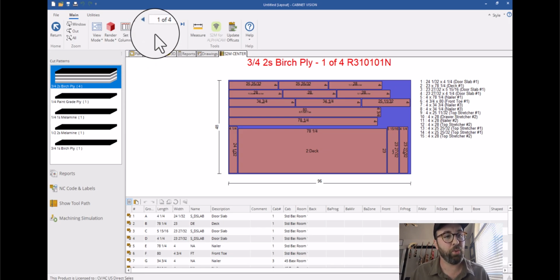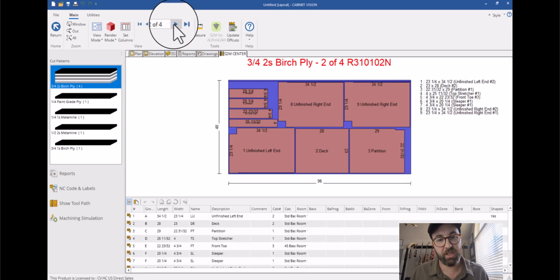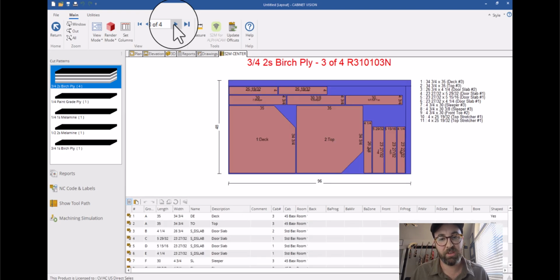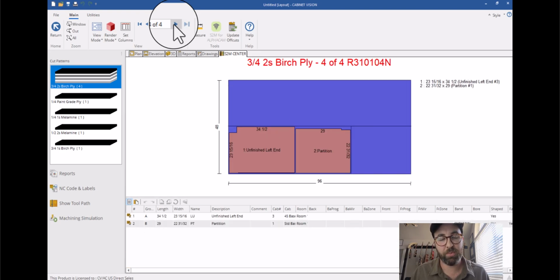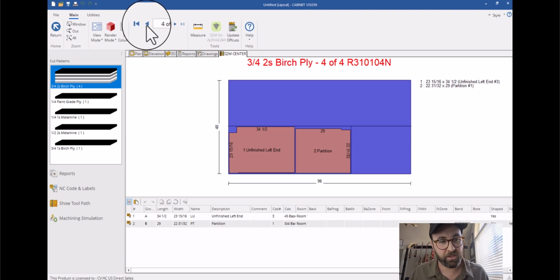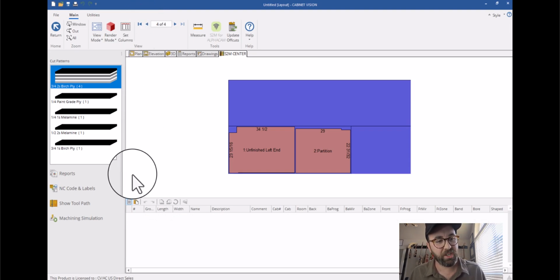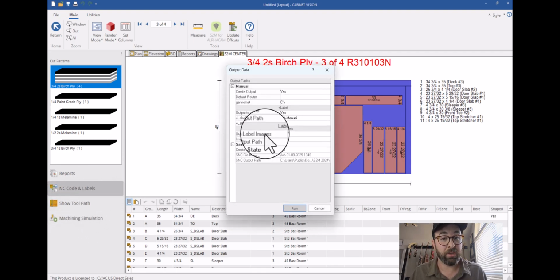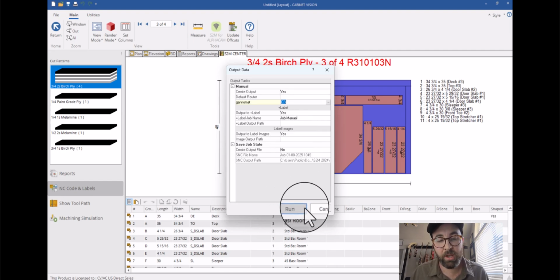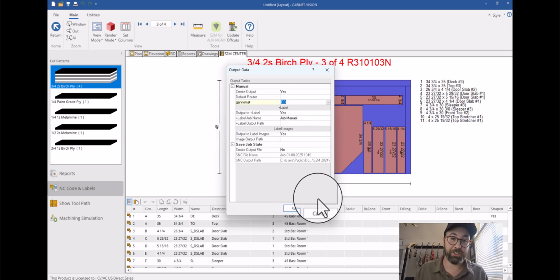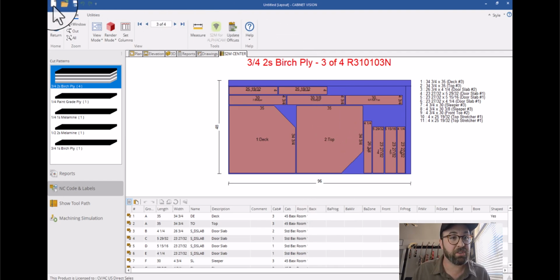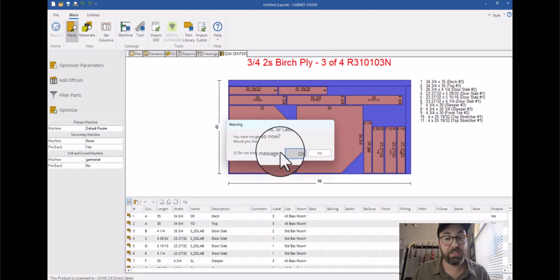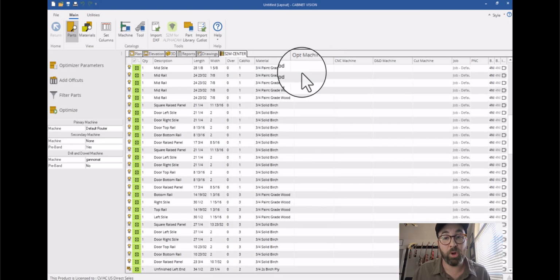This one has 4 sheets, and up here I can select between those sheets, looking at the names of each part and all of the dimensions that are called out. Once everything's good, I can either simulate the machining and look at that, or I can just go ahead and run the code. So I could hit run, but I'm not going to because I'm not actually set up right now. So we can cancel out,